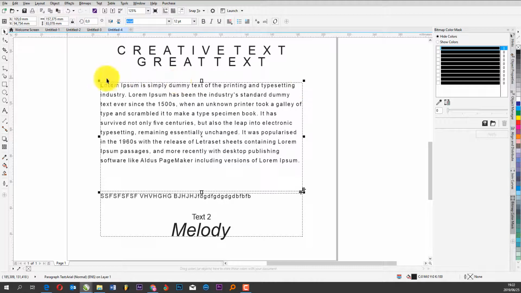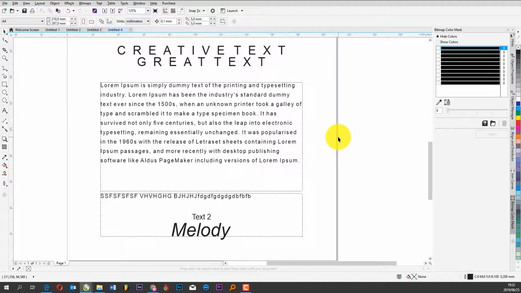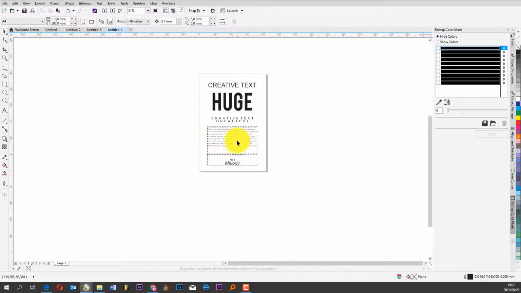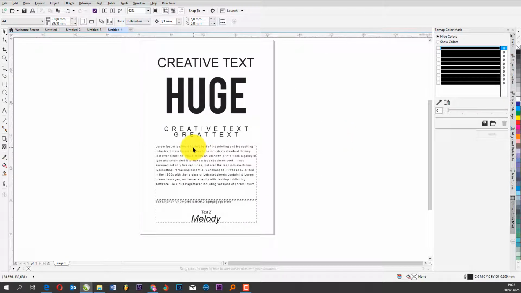And don't mind this dotted line that you see outside. It's just to show that this is a paragraph text, but it won't be printed or come out when you render your document, right? So I believe that you have just gotten a very good introduction to working with text